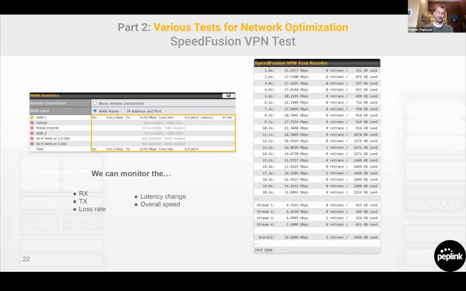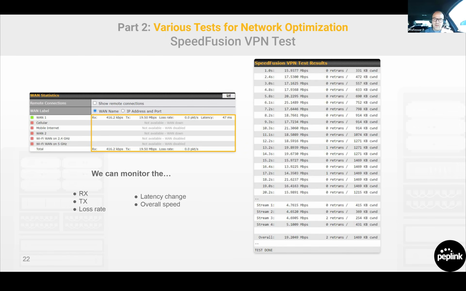Yep. I see similar things with cellular latency. Everything was working great. Now it doesn't work, and you go and look in there, and you'll see cellular latencies of 1,000, 2,000, 3,000 milliseconds, right? And that's your sign that the cellular network is usually congested. It might have worked a couple hours ago, but that doesn't mean there's not congestion now. And that's your warning sign. It's not a problem on the SpeedFusion necessarily, but